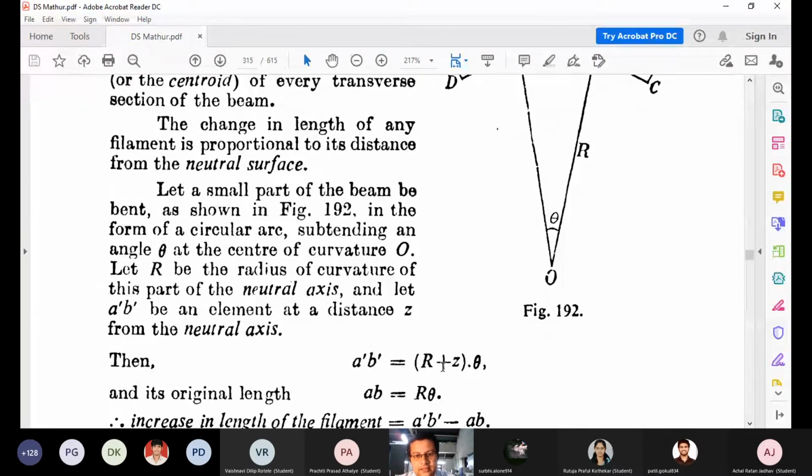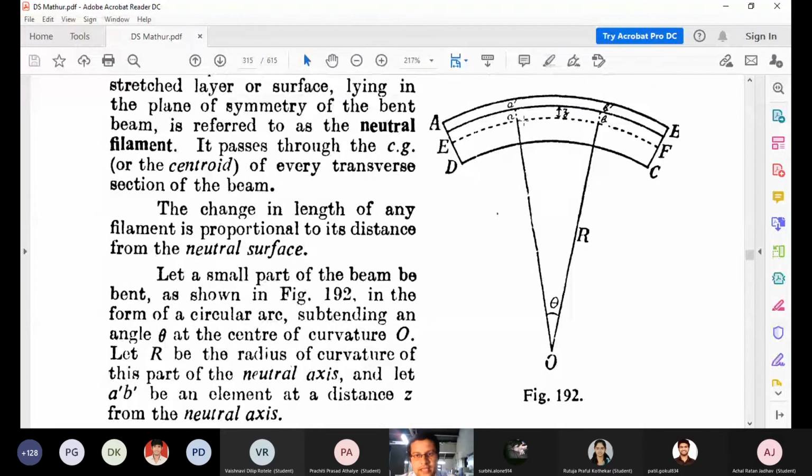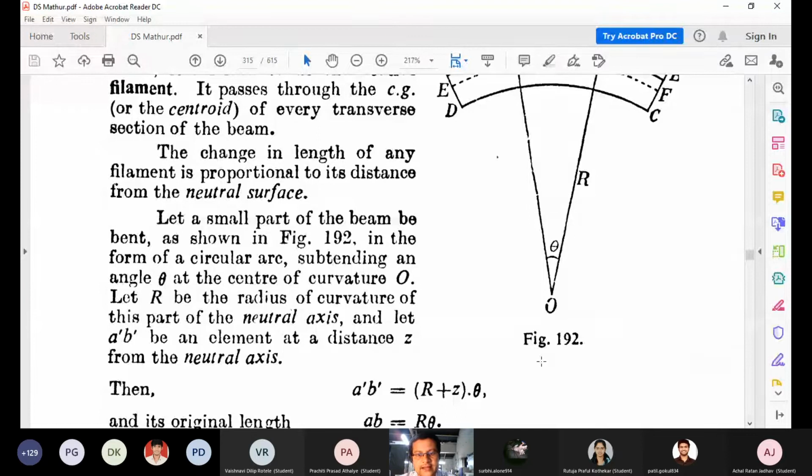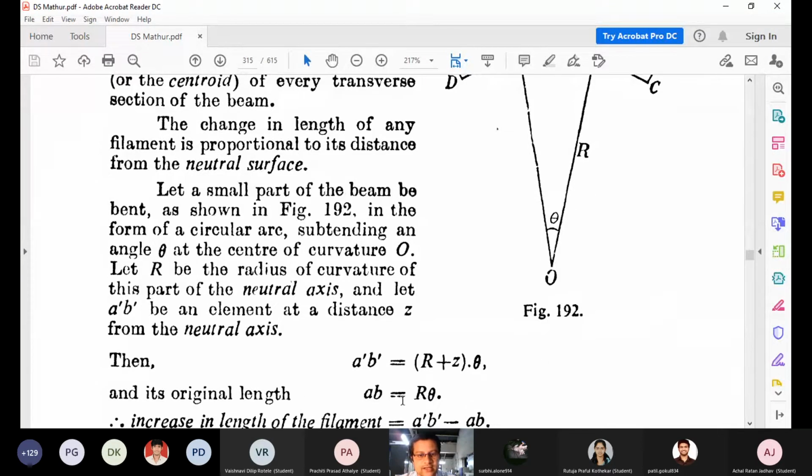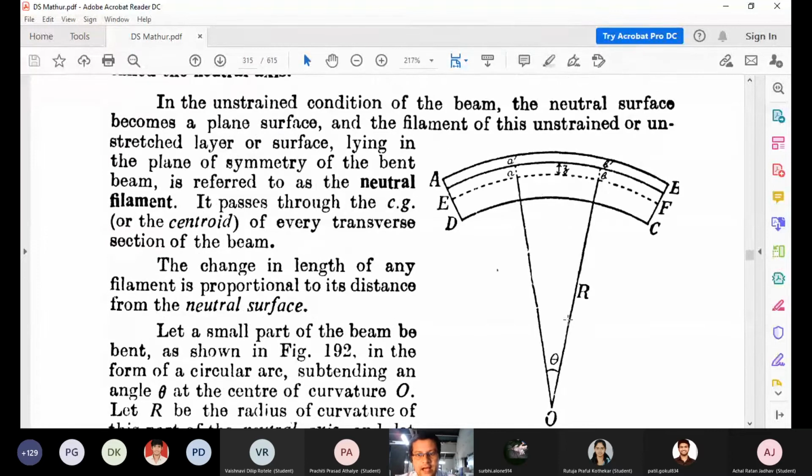If AB is the neutral surface, the radius of curvature you define as R, subtended angle theta, that arc you measure as the radius multiplied by the angle subtended by that arc, and that is the original length. But what is the change in length? The changed length will be A prime B prime, and that will be R plus this amount to be added. Remember, this Z is uniform since we are considering a very small portion of this particular beam,